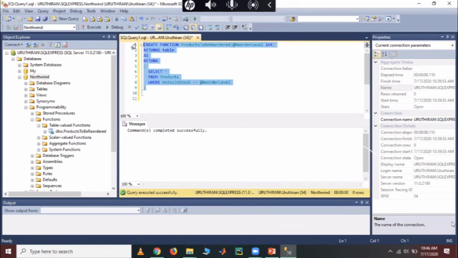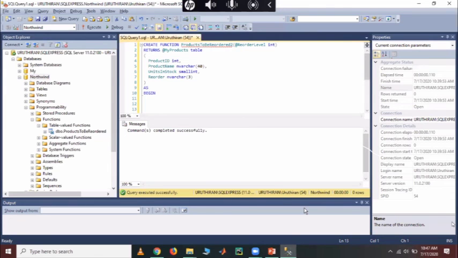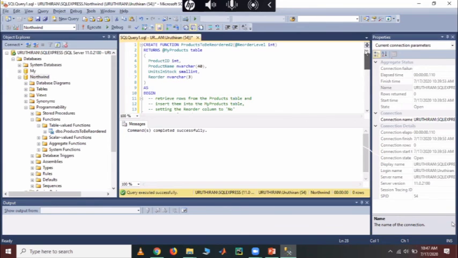Okay, we want to create this another function. Now execute.